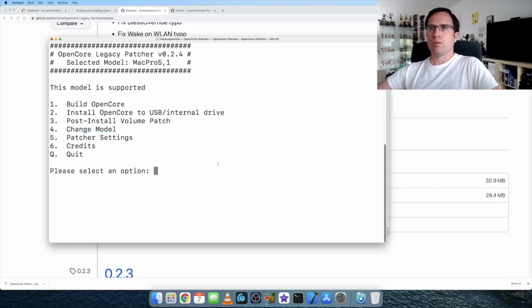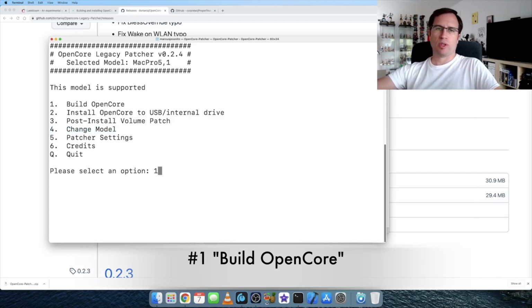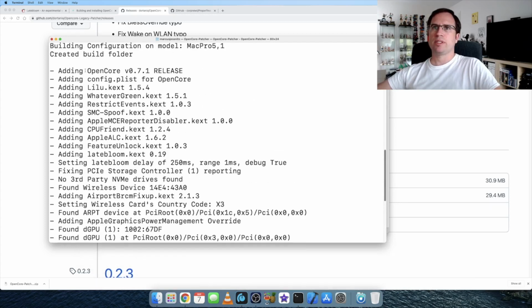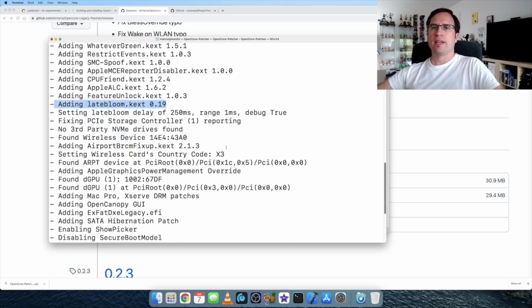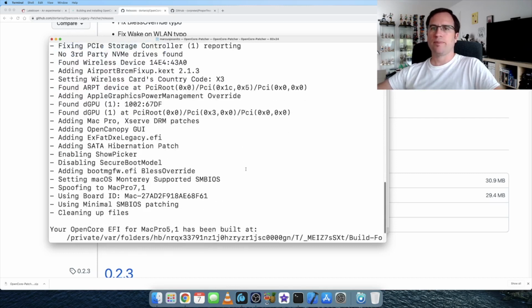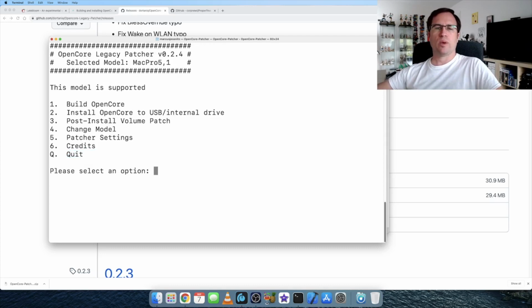So we are on a Mac Pro 5.1, and the first one is we hit 1, we say build OpenCore. So what happens now, it just downloads everything. Let me scroll up a little bit. So you see OpenCore 0.7.1 release is entered and all the driver files. And you see here Late Bloom 0.1.9. That's the latest version that's included in the legacy patcher. It's included. And then you see everything is set up for a Mac Pro 5.1. Okay, we just hit enter and now we have a folder where everything is downloaded and set up for my